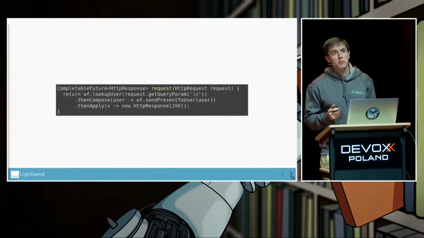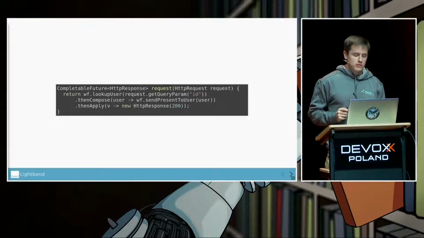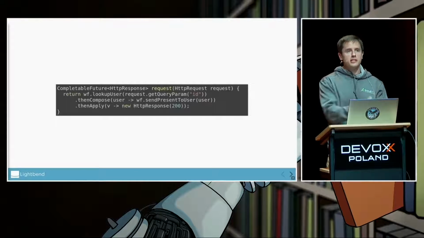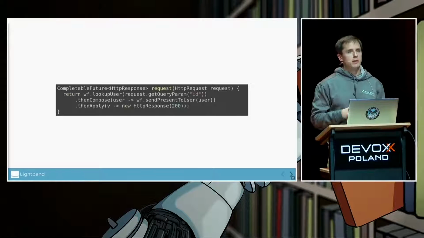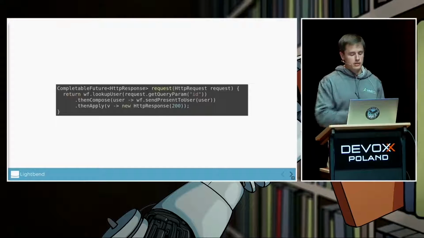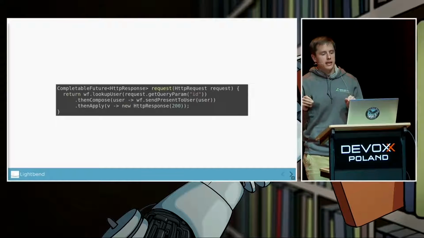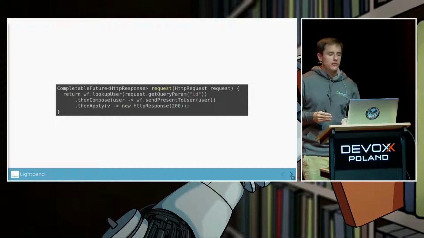It does add some complexity, especially on the programmer. So for instance, here's an example of, I probably haven't said this yet, but all of the code from here is scraped from the project which I'm going to demo. So this isn't just typed into the IDE or the presentation, it's actually code that you're going to see later. So basically, we now need our lookup to the database to return a completable future.